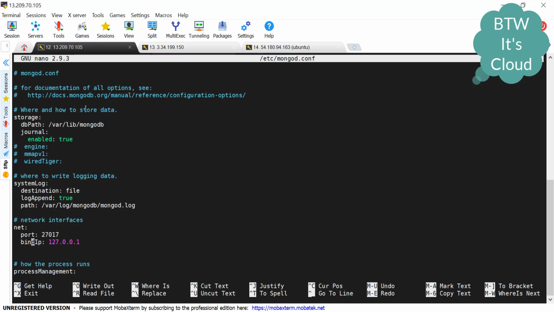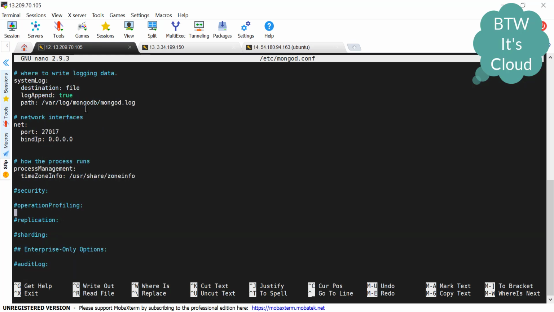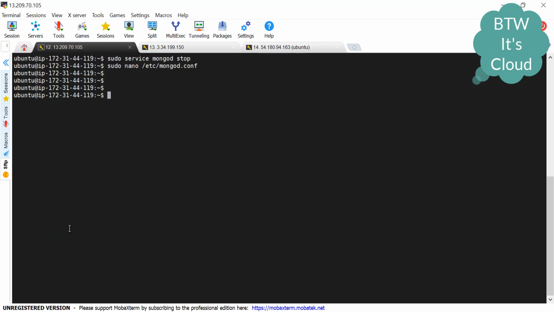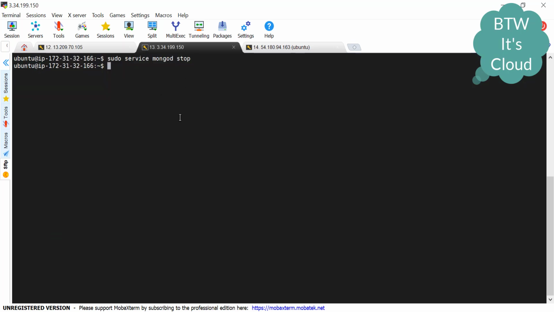Second, this bindIp should be set to 0.0.0.0. Then we'll be going to enable replication. So here we'll be enabling replication. We'll be declaring the replica set name here, replSetName. We need to make sure the replica set name is spelled in this way only. Then in quotes, we need to define the replica set name. We can take any name. I am taking rs1. That's it for this file. Let's save it. Now we'll go to the next server and do the same.